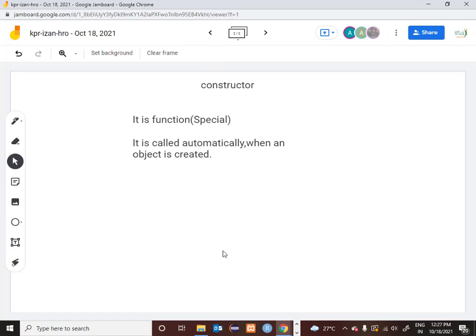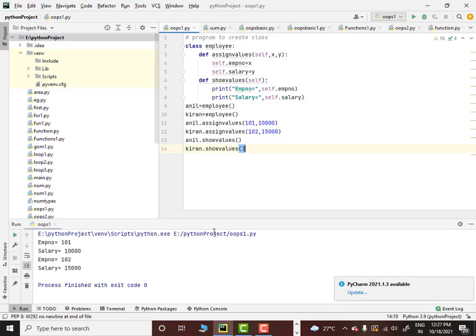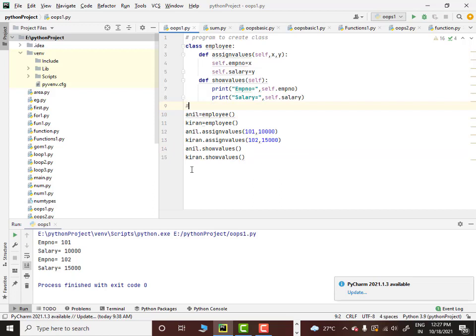So if you take this previous example here, when I say Anil is equal to employee, this is the place where an object is created, correct? So you are actually creating an object called Anil. So in this command Anil is equal to employee, you are creating an object. So as soon as this object is created, that constructor will be called.